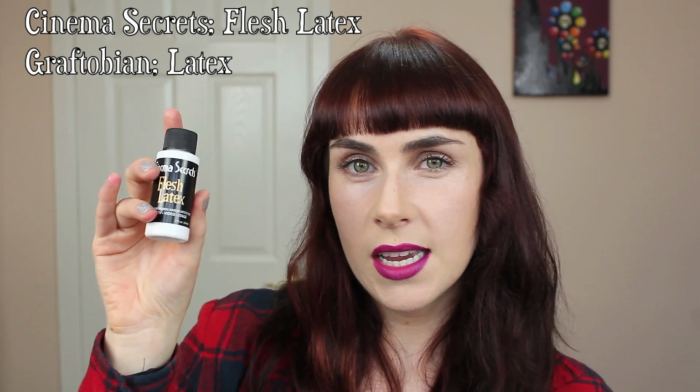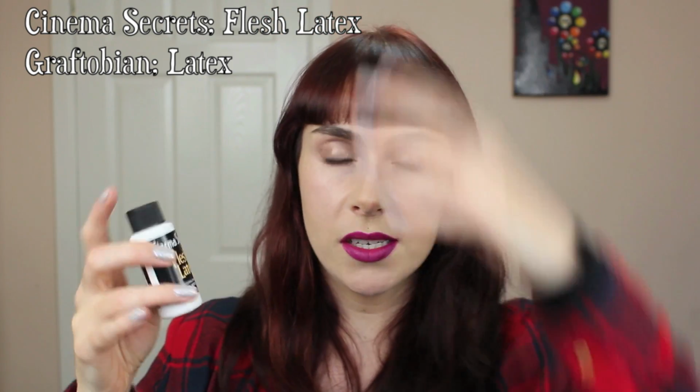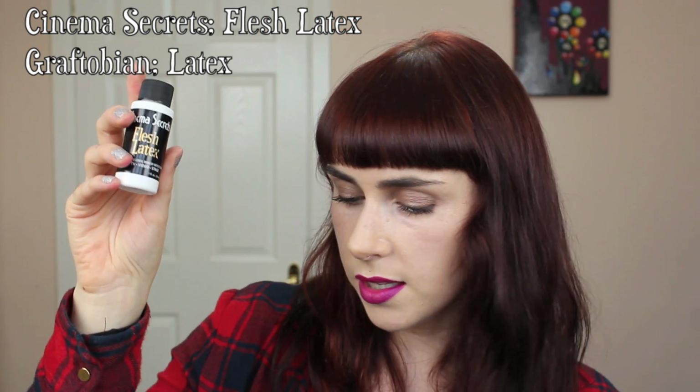Then the Flesh latex, obviously you can get way bigger sizes as well, but I just tend to get the smaller sizes. Well, I have a good few of them actually. There's two different sizes, but I just get a little bit every year, and this is the Flesh latex. The only difference is that Flesh latex has a more fleshy colour to it. It's a bit pinky, beigey. You can get latex in a lot of craft stores again, and in Halloween stores around this time of the